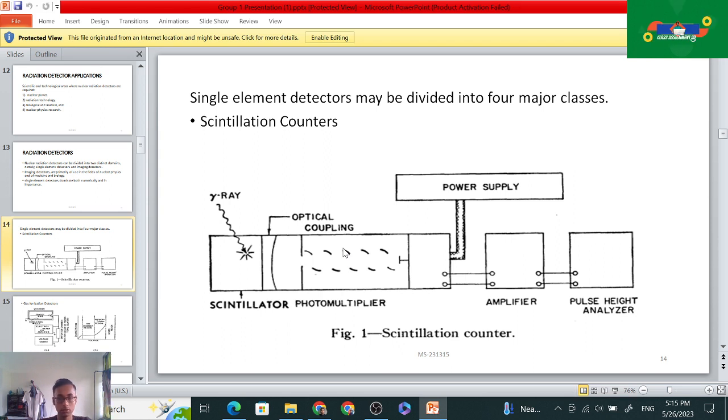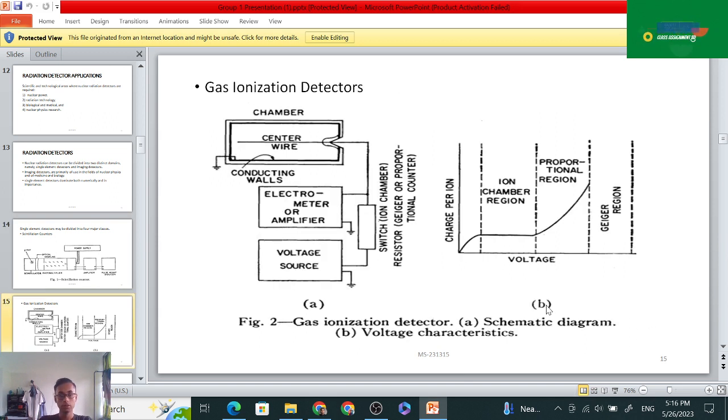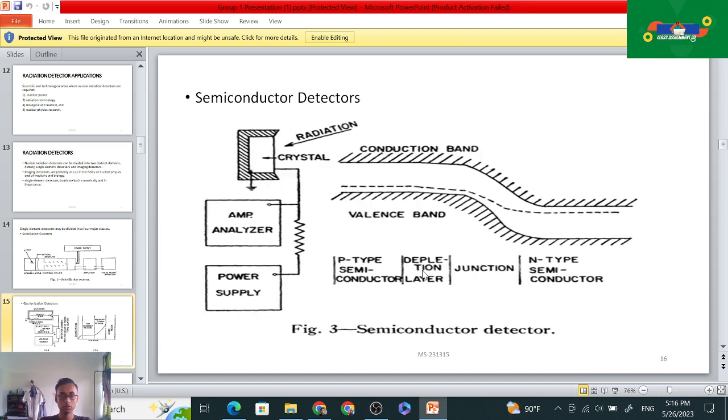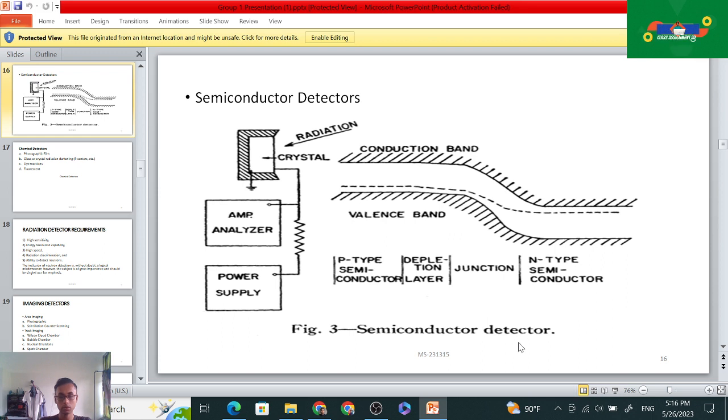One is the scintillation counter. Here there is the X-ray and optical coupling, then photomultiplier, power supply, then amplifier, then pulse height analyzer. Then gas ionization detectors, with a schematic diagram, the voltage chamber, and the charge per ion. Here you can see. Then semiconductor detectors, with amplification analyzer, power supply, radiation crystal,